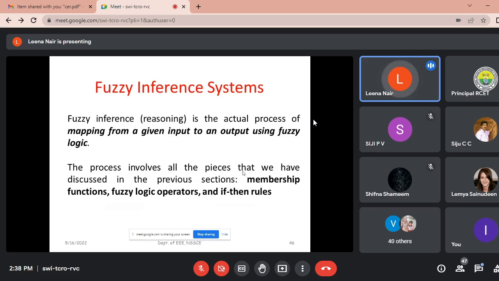So basically, a fuzzy inference system is the actual process of mapping from a given input to an